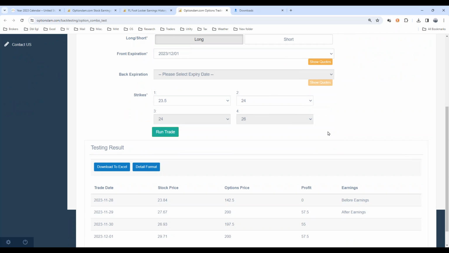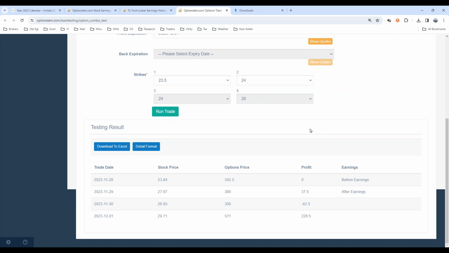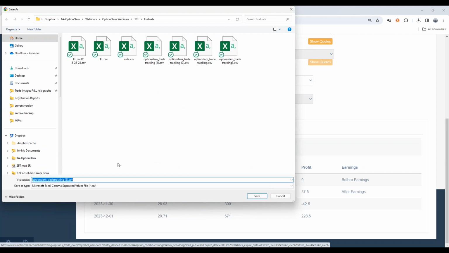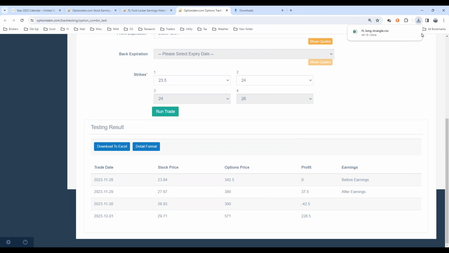December 1st, 2350, 24. Perfect. That's exactly what we want. Let's run that trade. So now with that trade, let's download that to Excel. And we'll call that FL long strangle. And we'll save that. All right, so now we have